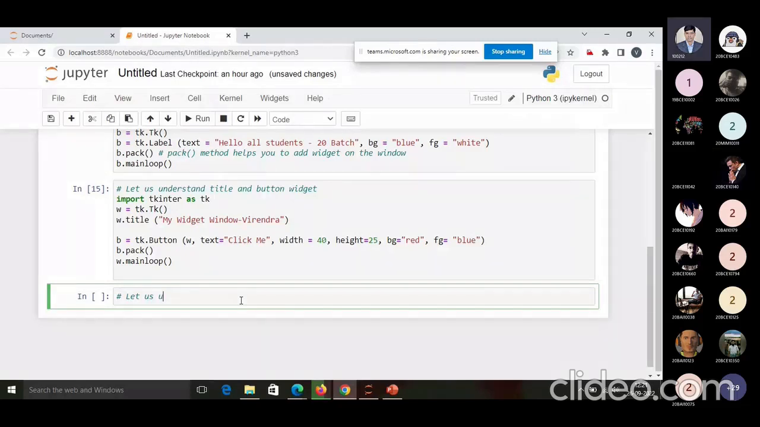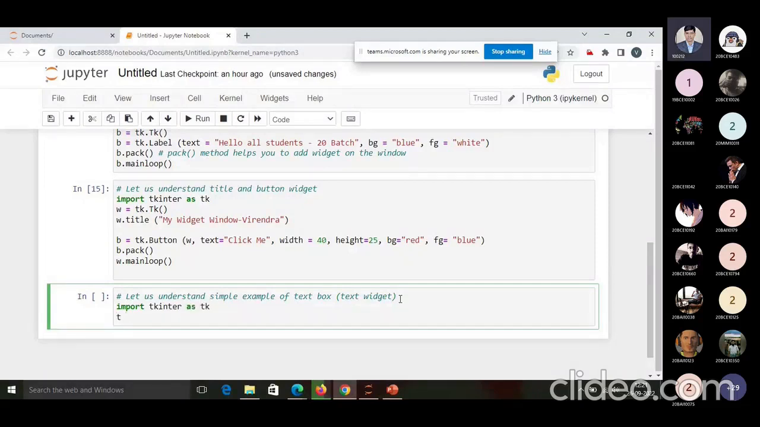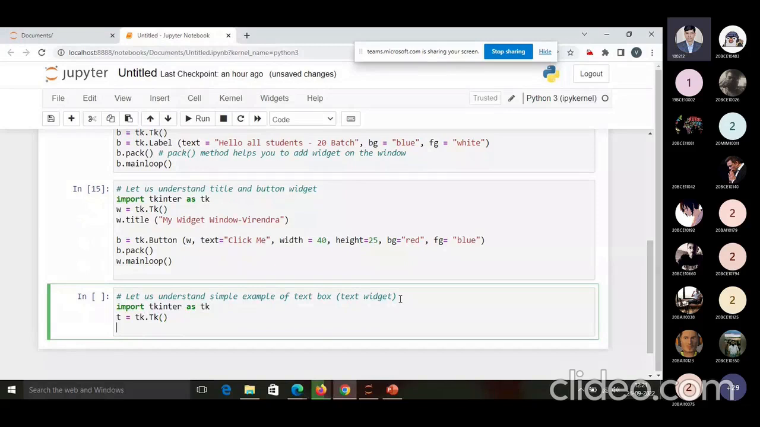Let us understand a simple example. I'm writing a simple example of a text box. This text box we can create with the text widget. Okay, this is simple. I'm writing import tkinter as tk, and I'm creating t just for the text purpose, with tk.Tk. I'm not changing any title over here. I'm just creating t1 is equal to